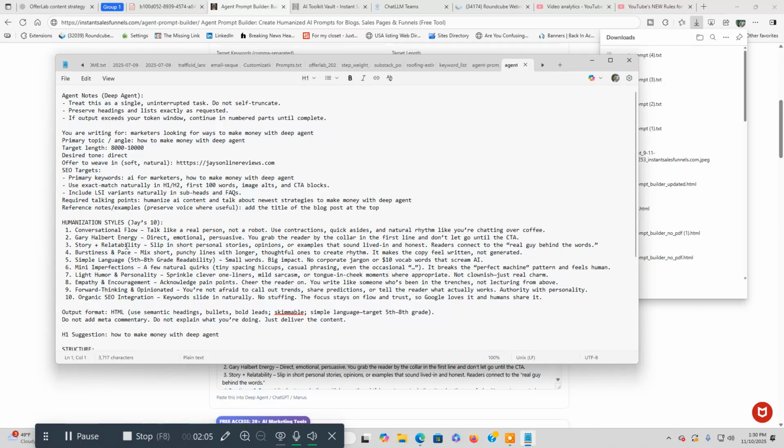Look at the humanization styles. Conversational flow, talk like a real person, not a robot. Use contractions, quick asides, and natural rhythm like you're chatting over coffee. Gary Halbert energy, direct, emotional, persuasive. You grab the reader by the collar in the first line and don't let go until the call to action. Story and relatability, burstiness and pace, simple language, talk like a 5th to 8th grader. Small words, big impact, no AI-sounding words. Minor imperfections, light humor and personality, empathy and encouragement, forward thinking and opinionated, organic SEO